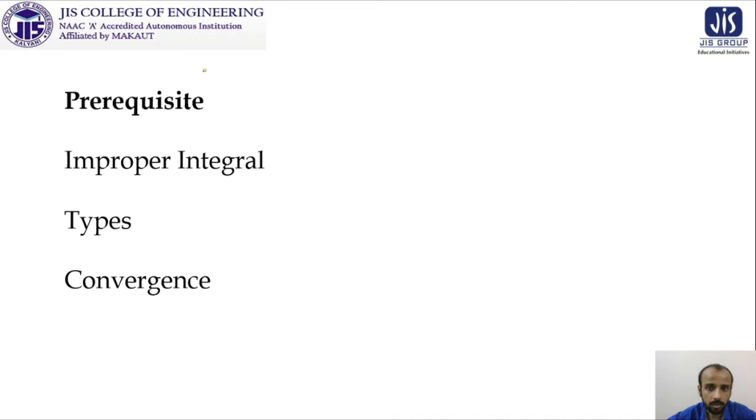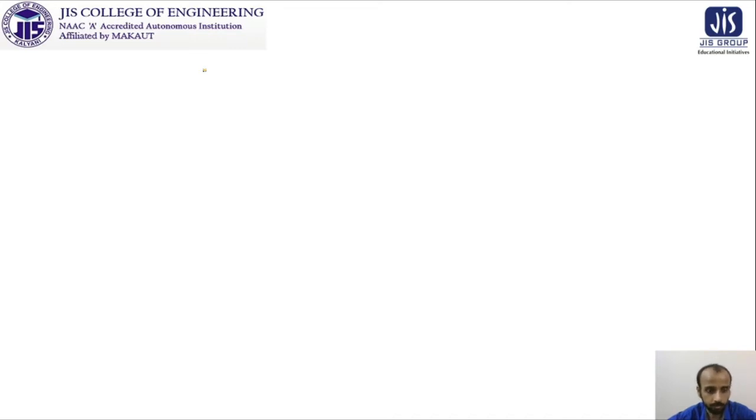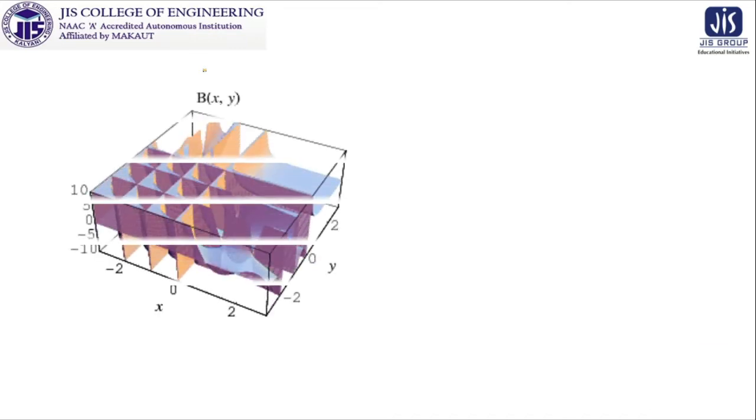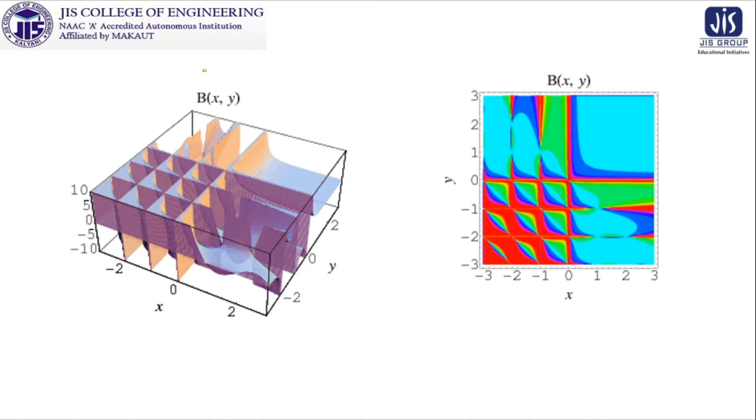So let us start the class for today. Already this pictorial representation and this pictorial representation were both introduced to you in the very first class of beta function and gamma function, where it was indicated that these are the representations of beta function, and you can obviously search for online curve drawing software where you can place your requirement and get the representation like this.